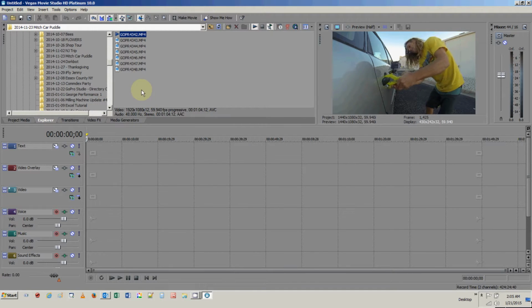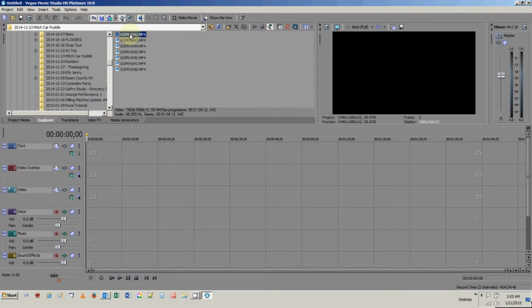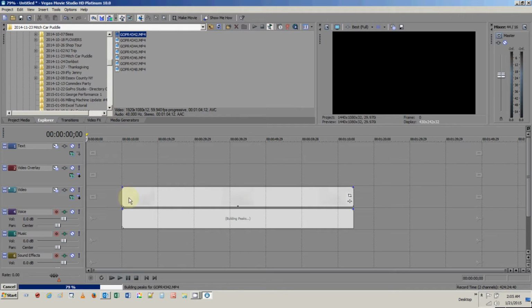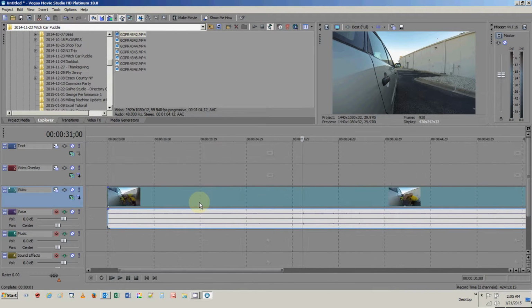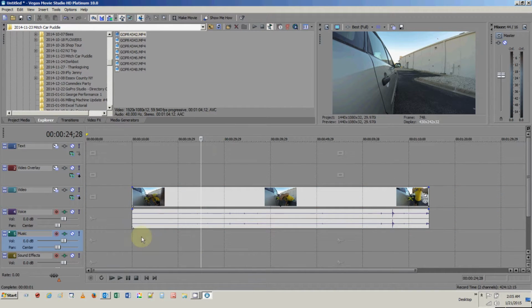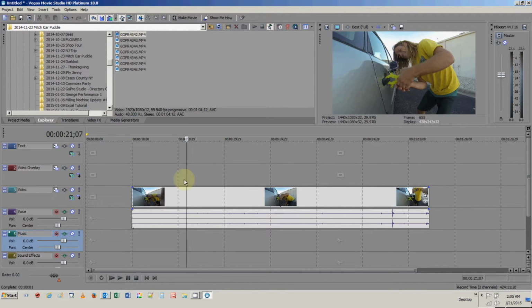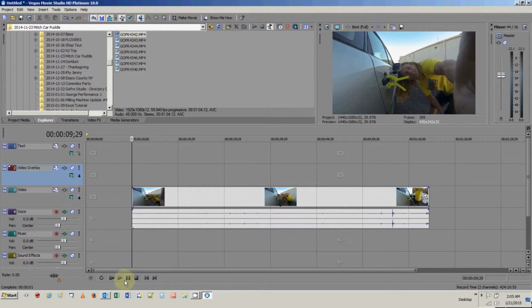So I've decided that I want to use this first one as the opening clip. So I'm going to drag it down here to the first section of video and just drag it into place, and it will go and build any audio peaks, and we're not really too interested in the audio here. Now, as I roll the mouse wheel, I can zoom in and zoom out to get more details. I can also take this slider and move it around to get to different parts in the video. So what I'm going to do is bring it over here by clicking, and then I'm going to hit play.